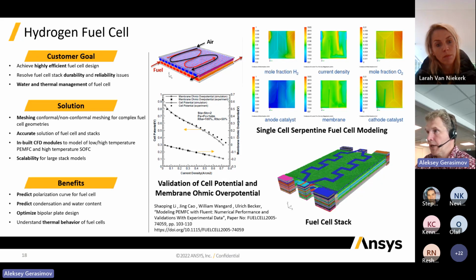Also, we have multi-phase aspects in there. If you have hydrogen and oxygen combining together, we'll have water vapor. And under certain conditions, if you put your foot down in a car, and if your car is fuel cell driven, so if you try to extract more power out of the fuel cell, then you might encounter conditions where that water will start condensing. And once again, that's a multi-phase issue. There are multi-phase issues that affect the performance of the fuel cell and the longevity of the fuel cell, and once again, it